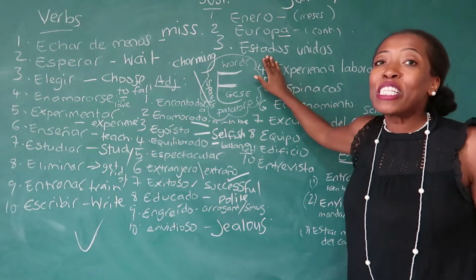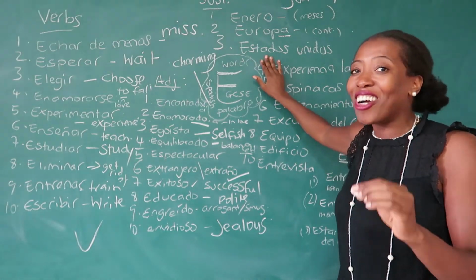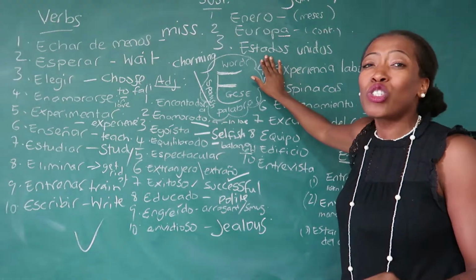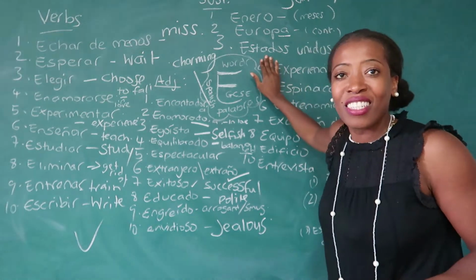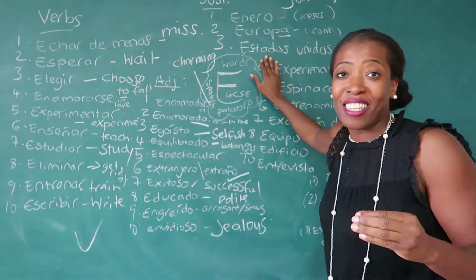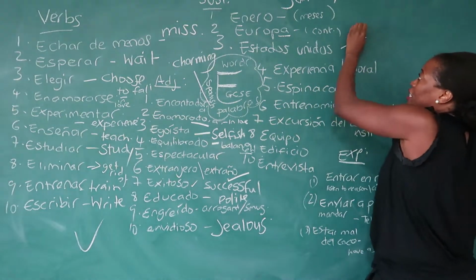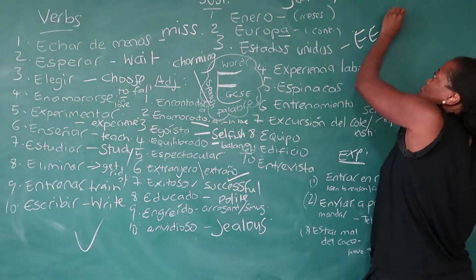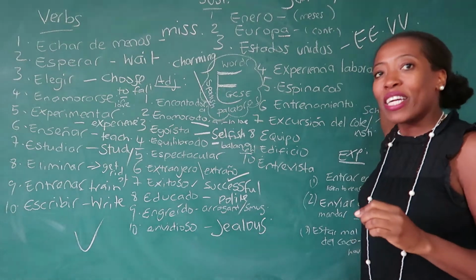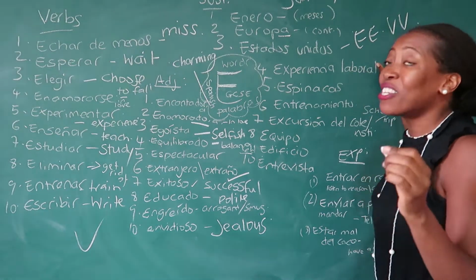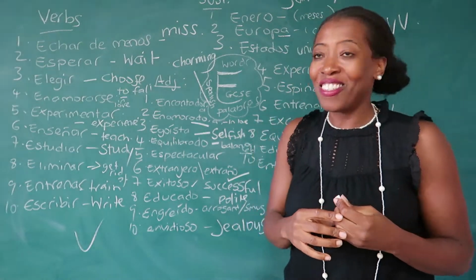Next is one we struggle with because we find this quite hard to pronounce. Estados Unidos. Los Estados Unidos. So the United States. Los Estados Unidos. So you will see this a lot like this. 2 E's and a U. So we know that that means United States, USA. Okay? We need to know that, we need to practice because we struggle with it.